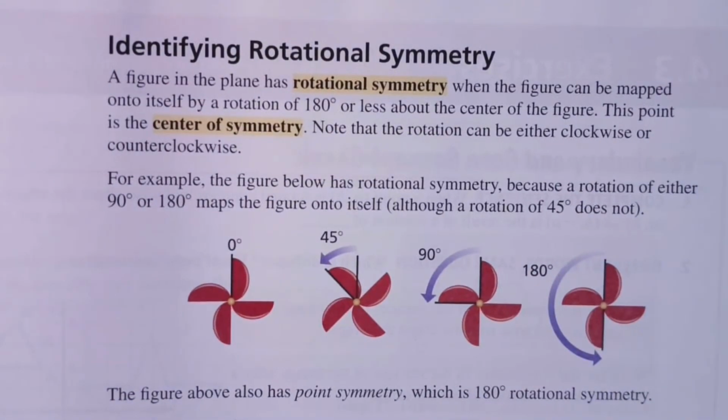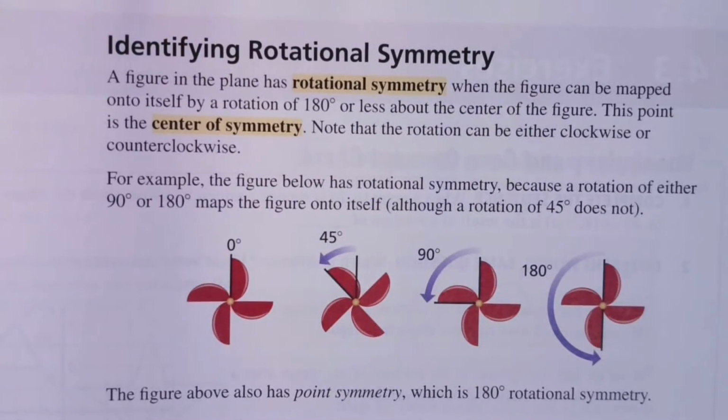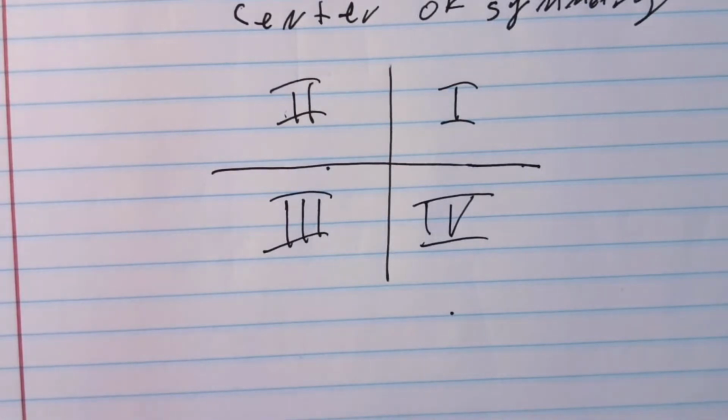And on your assignment, we're definitely going to have our different symmetries together. So there's rotational symmetry, there's center symmetry. Rotational symmetry: a figure in a plane has rotational symmetry when the figure can be mapped onto itself by rotating 180 degrees or less about the center. Okay, the point is the center of symmetry. So it's basically,